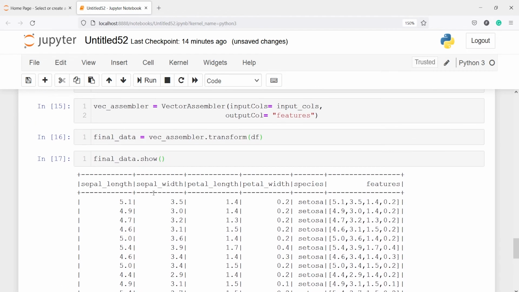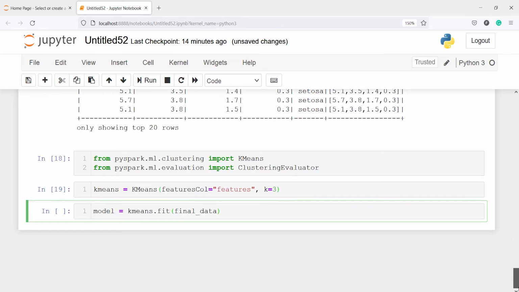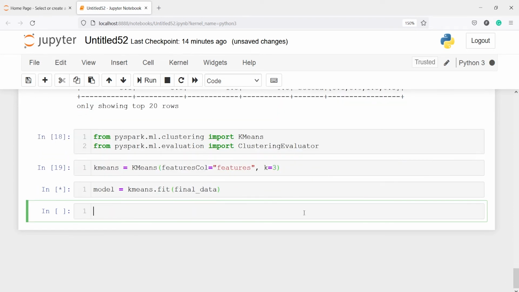Here you will see this is our final data, and let us execute our code. Now we have fit this on this final_data. Now let us transform. The fitting is done, but we need to transform it to get the results. I will call model.transform(final_data), and then I will do the group by,